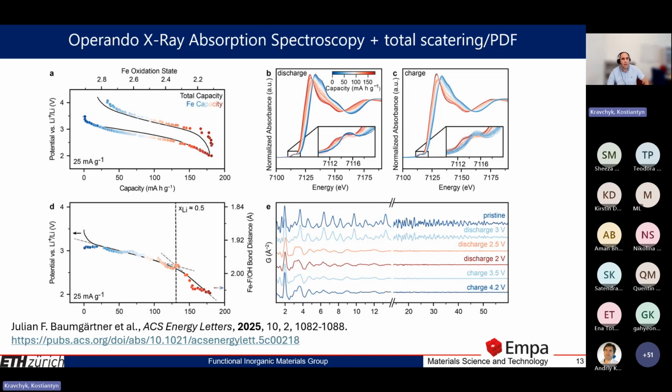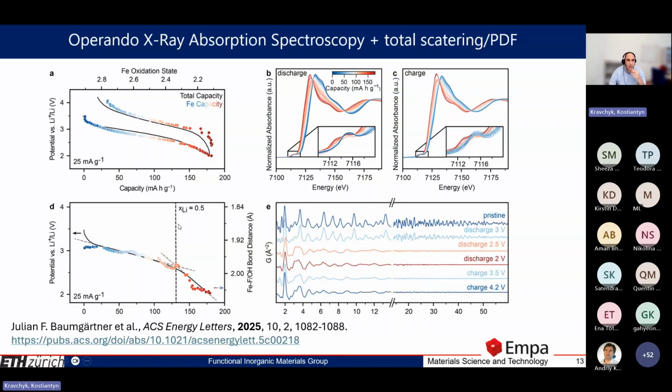And these distances could be mapped or placed as a function of capacity. So by tracking these distances, we could identify that you can lithiate our iron fluoride up to certain point,